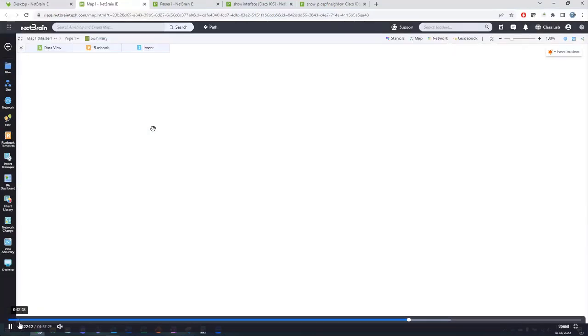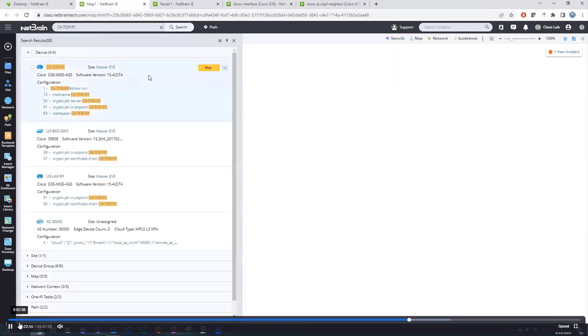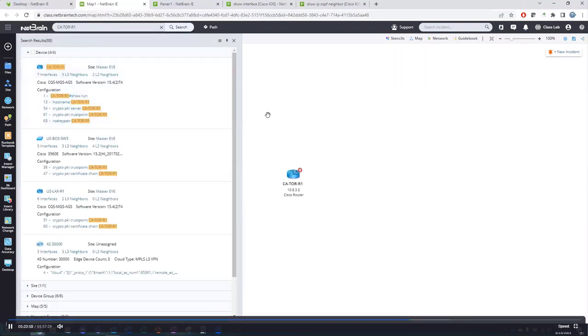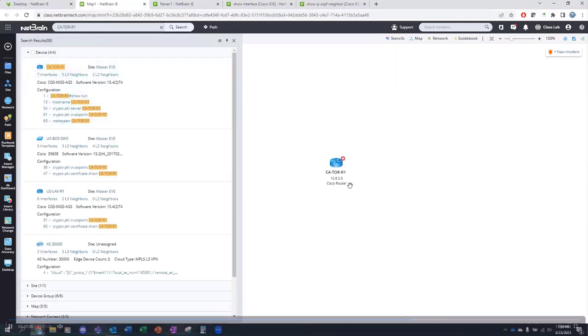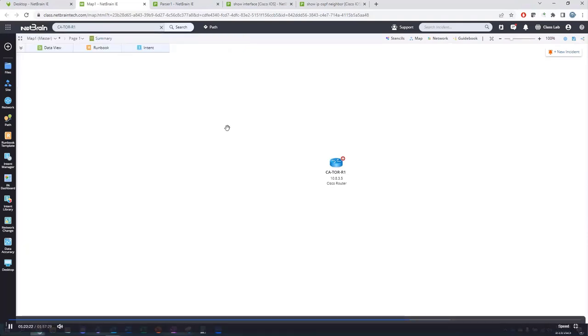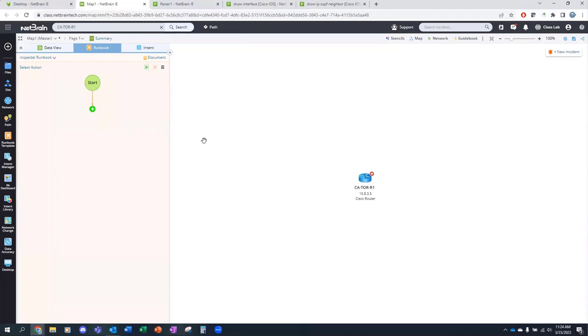Come in, create a new dynamic map, sit down, and you're going to want to add at least one device of each type that the procedure is contemplated to work with. Add at least one device of each type to the map. The reason we're going to want to do that is some runbook steps get